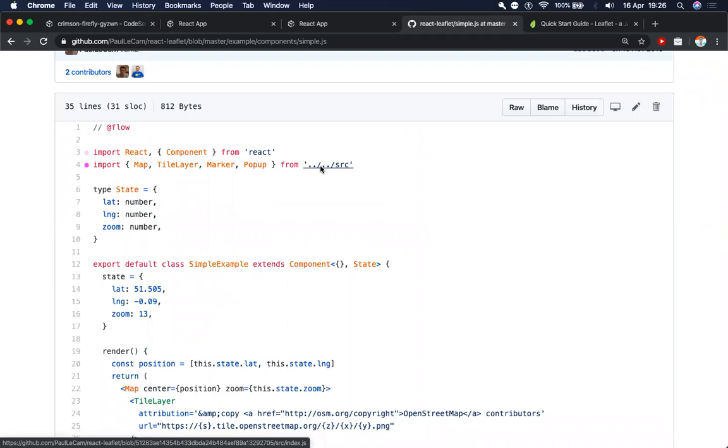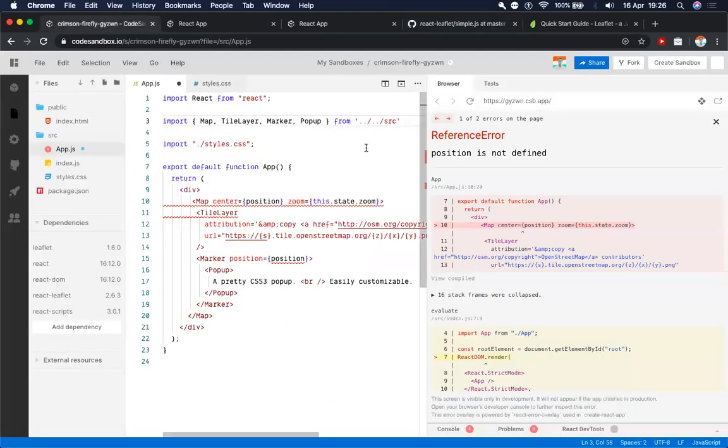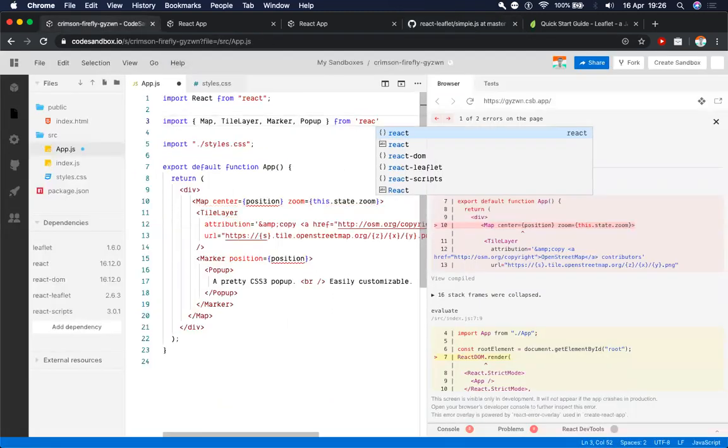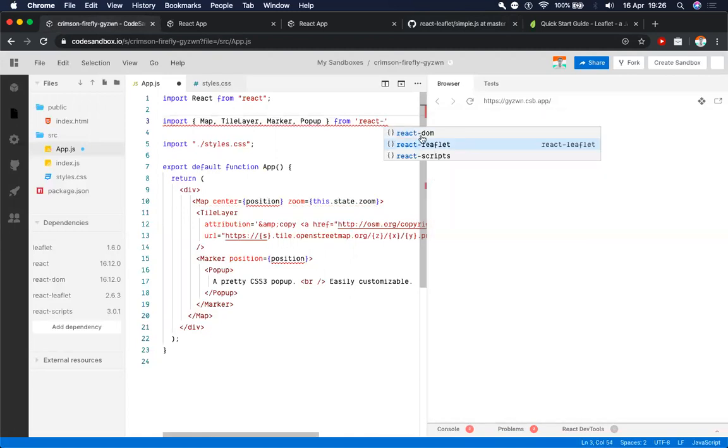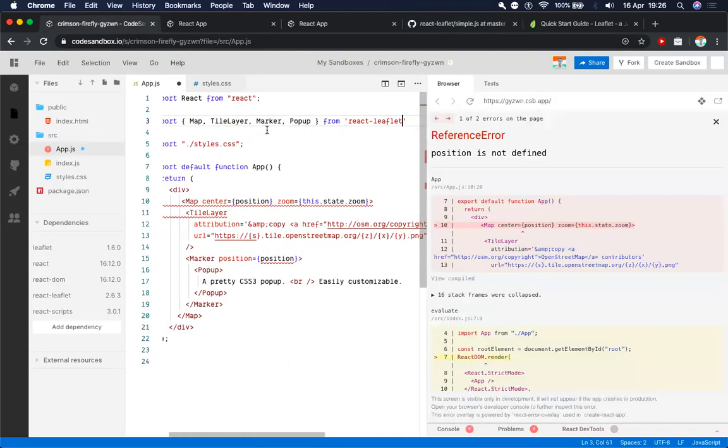But since we don't have a folder called src where we are storing React Leaflet's code, but we have installed the library, we are going to import these components from React Leaflet. So our code would look like: import MapContainer, TileLayer, Marker, Popup from React Leaflet.